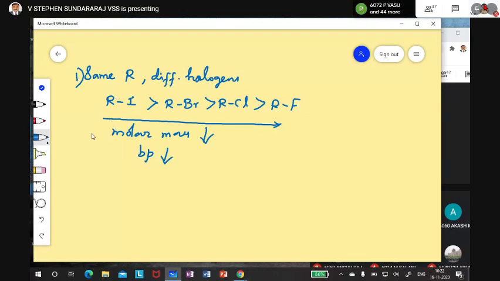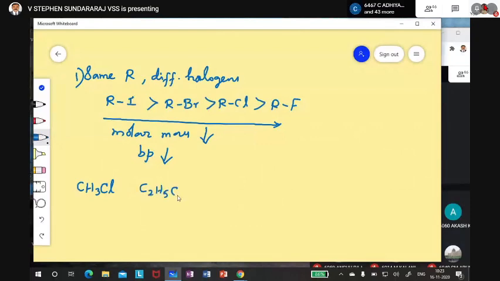Same halogen, different alkyl group. Just now I told you that as the branching increases, the molecule becomes more and more compact, surface area decreases, boiling point decreases. So that is one. Okay, in the exam, there is a chance they have asked many times by the data. See, that's why I told you don't memorize the data by heart, not required. They may give it, but you remember the concept related to that.